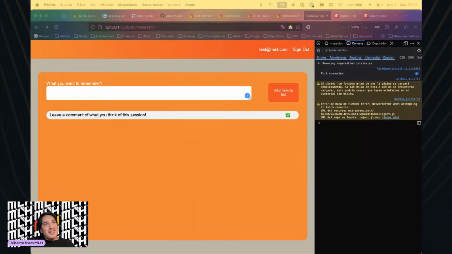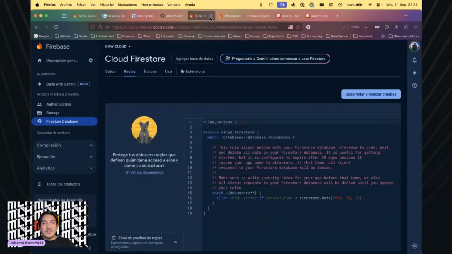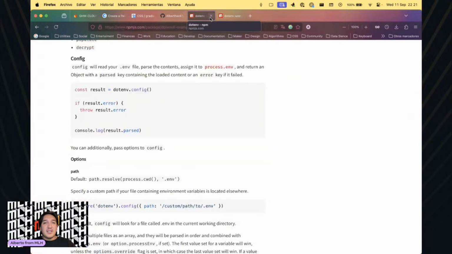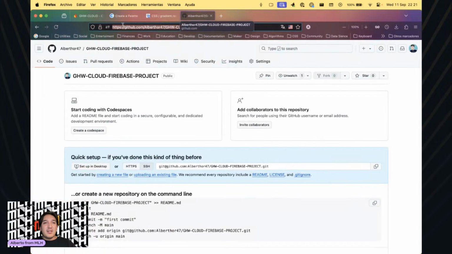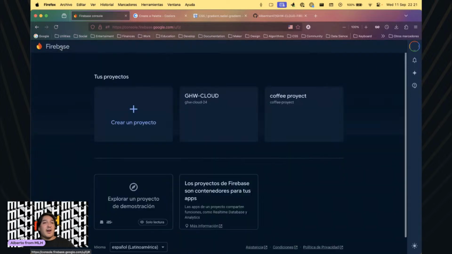What else? We're missing just one thing. Let's publish it. Let's make it accessible for all the world. We can close this, close, close, and let's go to Firebase or Cloud Project,